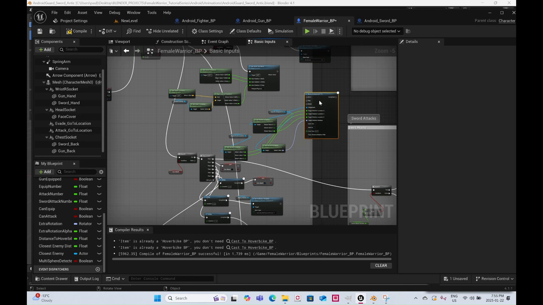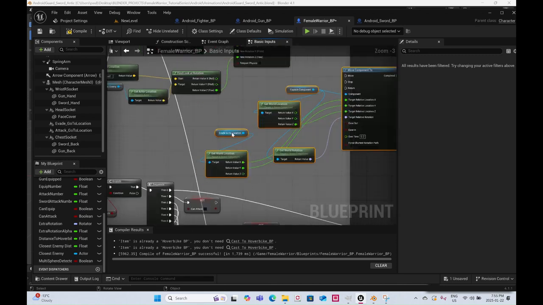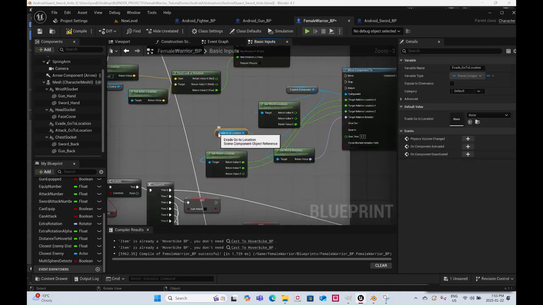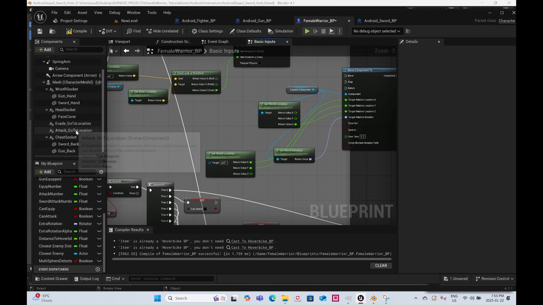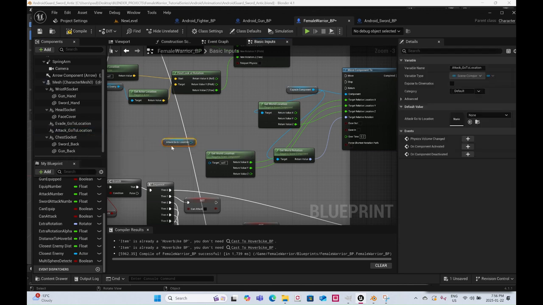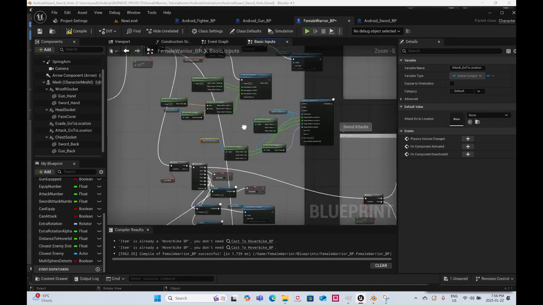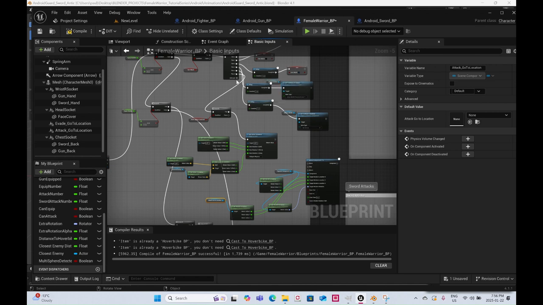Okay. So the capsule component is going to move to not the evade go-to location, but the attack go-to location, which is basically the same distance, but I might change it later, so I want to keep it separate from the evade location. I'll plug this in,